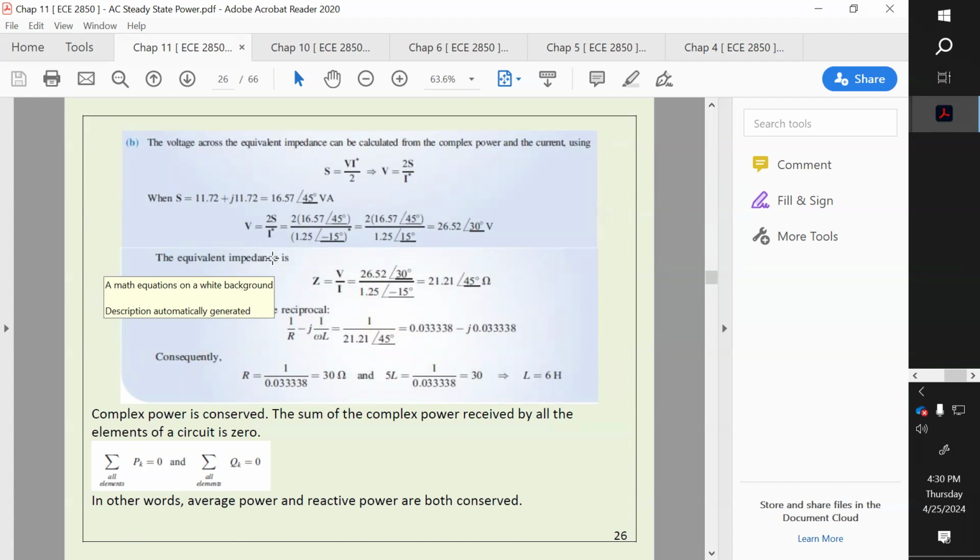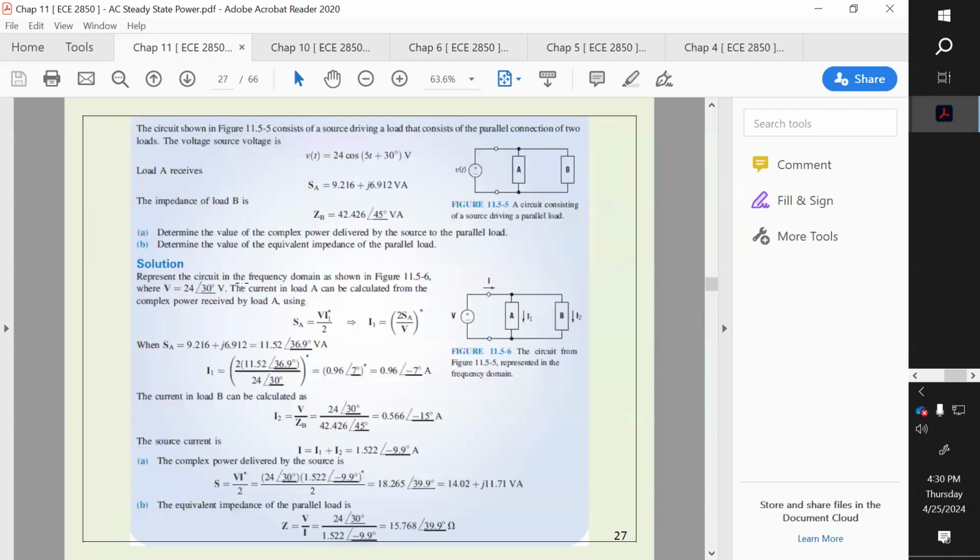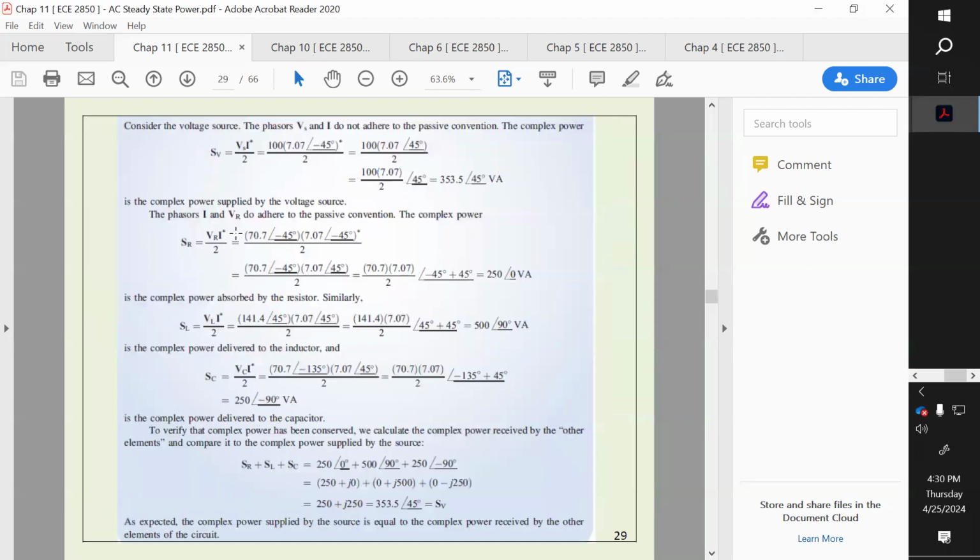If you have V and I, you have a formula for that. If you have I and Z, you have a formula for that. If you have V and Z, you have a formula for that. Just use the easiest way. I explained several examples here, and you know when you calculate the power in the complex domain, this power